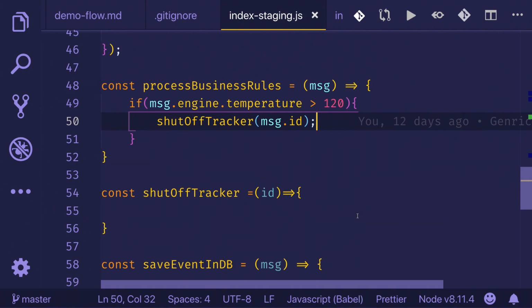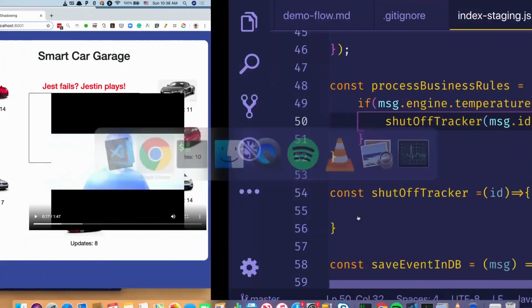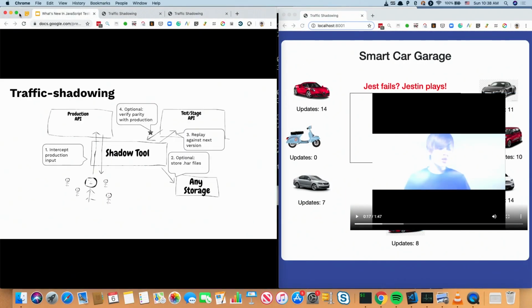But thanks to real production data for days, I was able to identify this error and fix it early enough. So this is an example of testing with production data, and there are many other techniques for testing with production that can help you ship better code. Let's go back to the